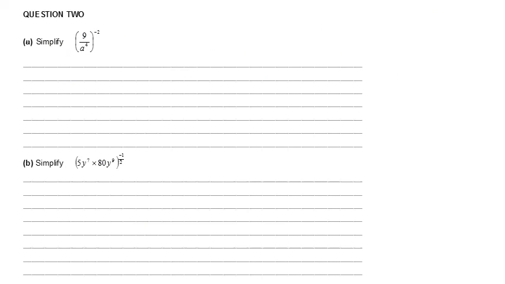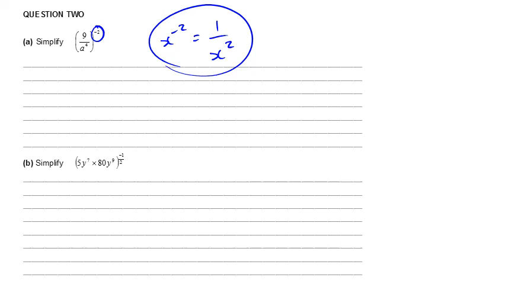Next one, this is a must. You must be able to get these questions, because if you don't, then you're going to fail it. Negative power, we've gone through this with exponents, exponential graphs. x to the power of negative 2, well, that was just 1 over x squared. All right, so this one is going to be a to the power of 4 over 9 all squared. I just flip that fraction like I did with the reciprocal. And then it's a to the power of 8 over 81. Okay,